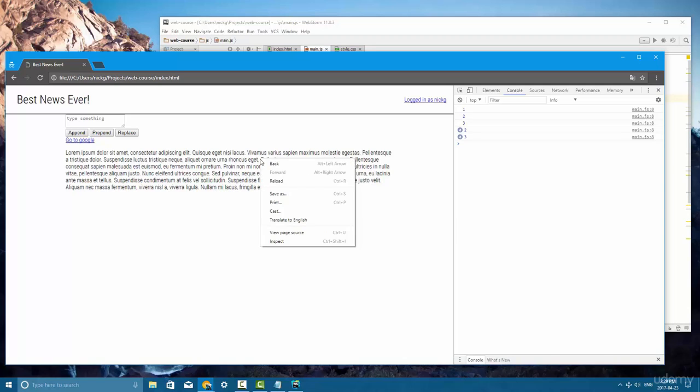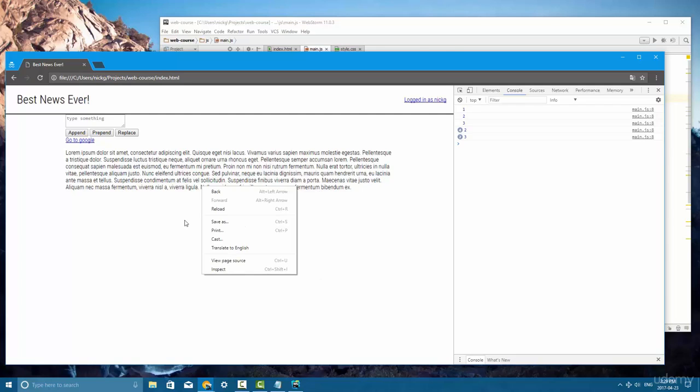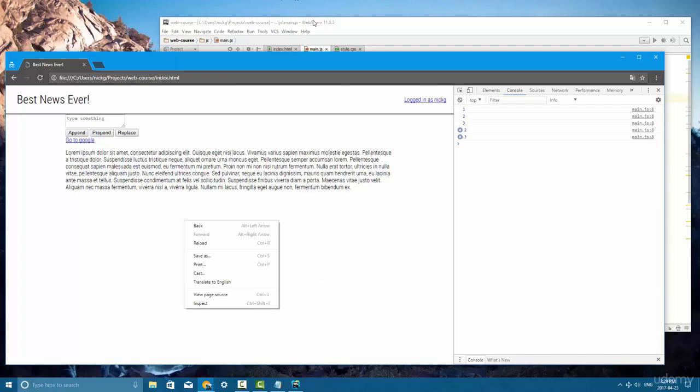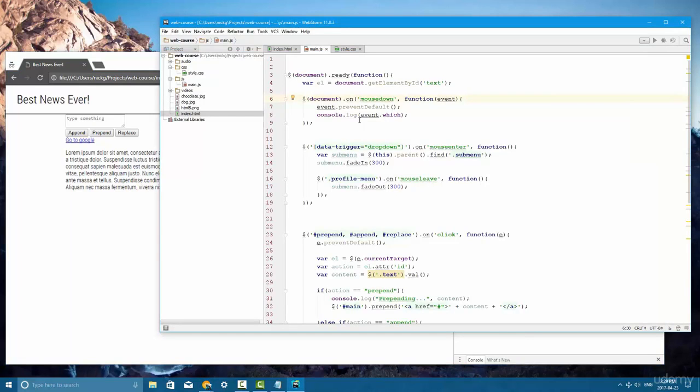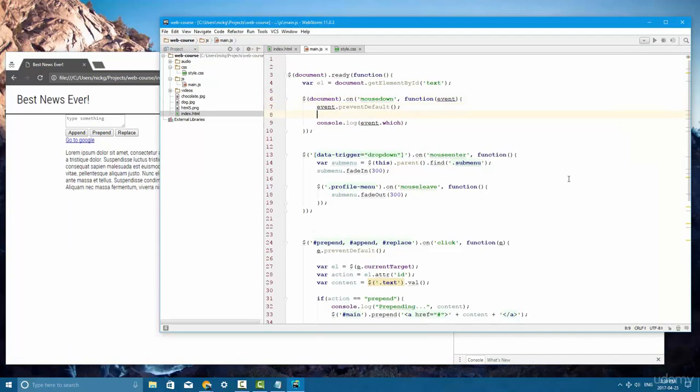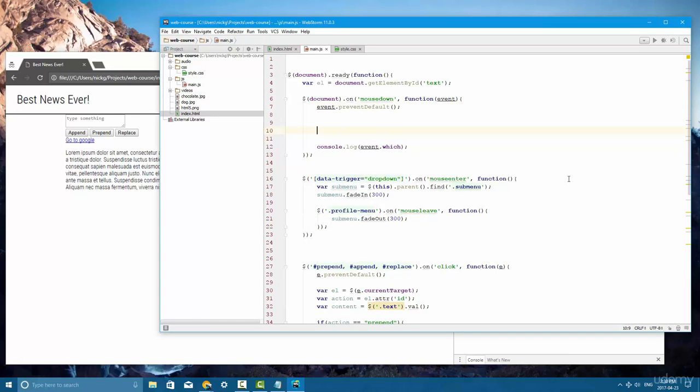So now at this point, we could intervene and we could say if the event.which equals 3, we want to do something very specific. Or if it equals 1, we want to do something specific. So instead of console logging this, we're going to be creating an if statement. However, we are going to do this in a different way. So I guess this video is going to talk about a few things. We're going to talk about the switch statement. So a switch is kind of like an if statement, except it's